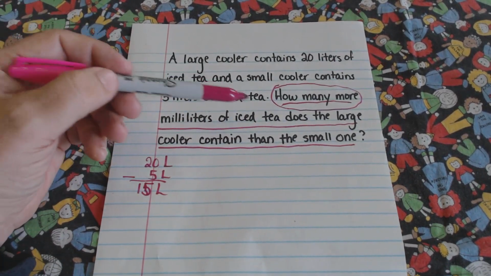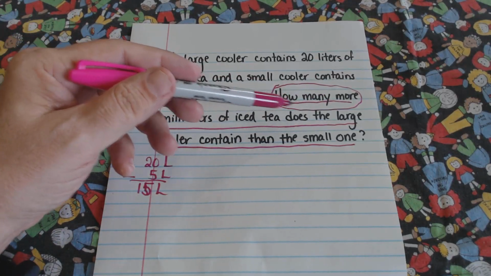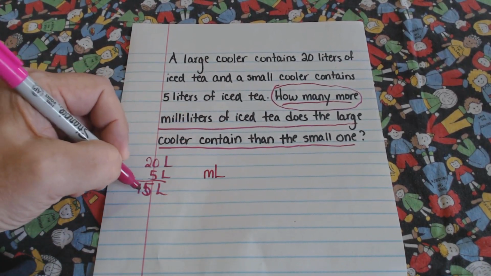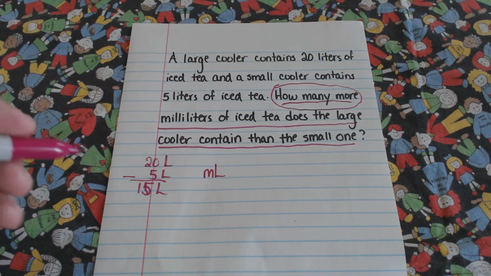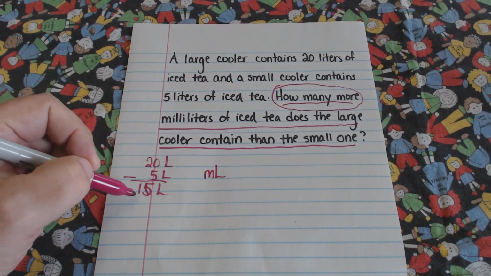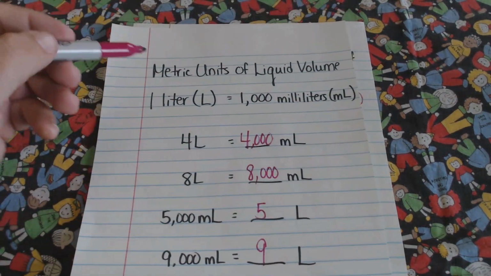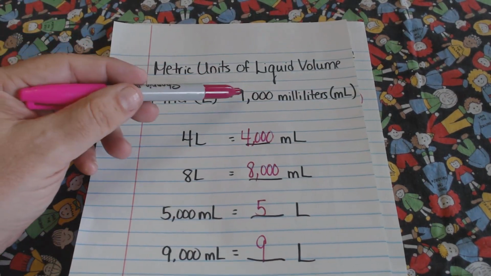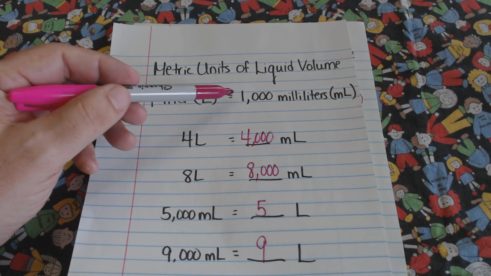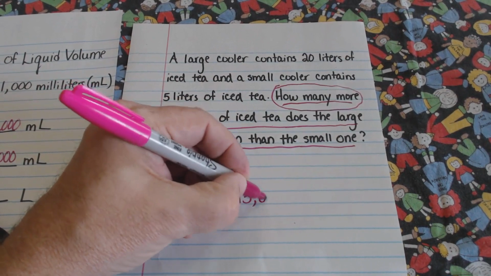So let's go back and see if that answers our question. How many more milliliters of iced tea does the large cooler contain than the small one? It wants milliliters. I only have an answer of liters. So we have to do more than just subtract the numbers we see. We do end up with 15 liters. How many milliliters will that be? Well, coming back here, every liter has 1,000 milliliters in it. So if I have 15 liters, that would be 15 times 1,000. So there would be 15,000